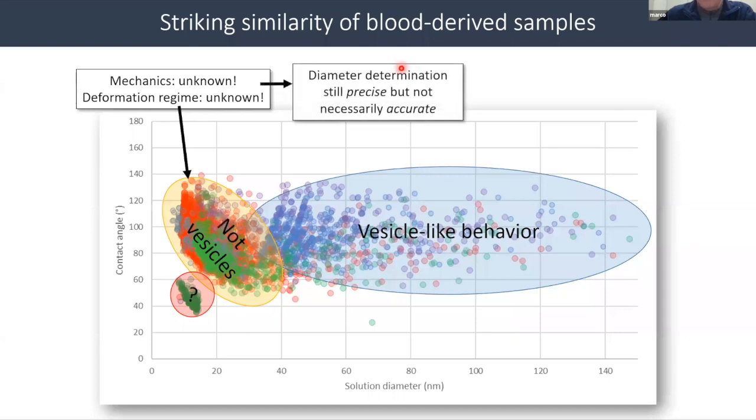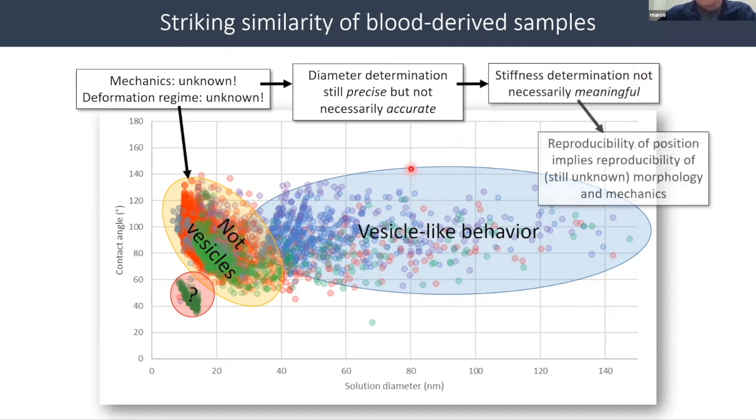So we cannot really say that these diameters and contact angles are not artifactual. They probably are, but since these particles reproducibly appear in the same region of the scatter plot, this means that even if the values are artifactual, there must be an underlying reproducibility and consistency of morphology and